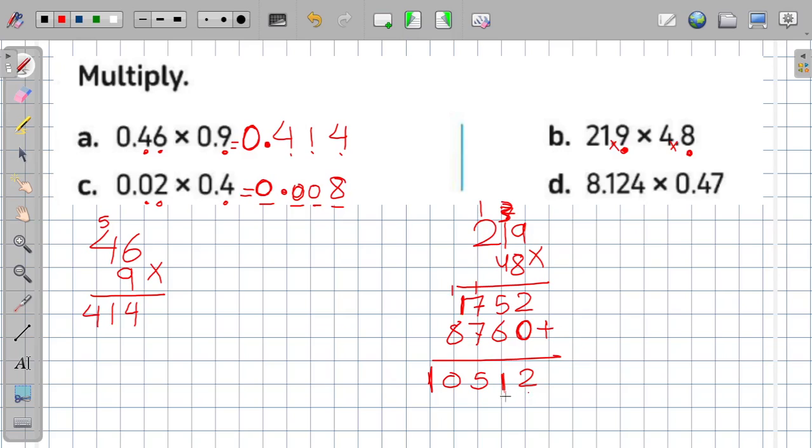So I have 1, 2, and the decimal place right here. So the result will be 105.12, and this is our result. Next, I have